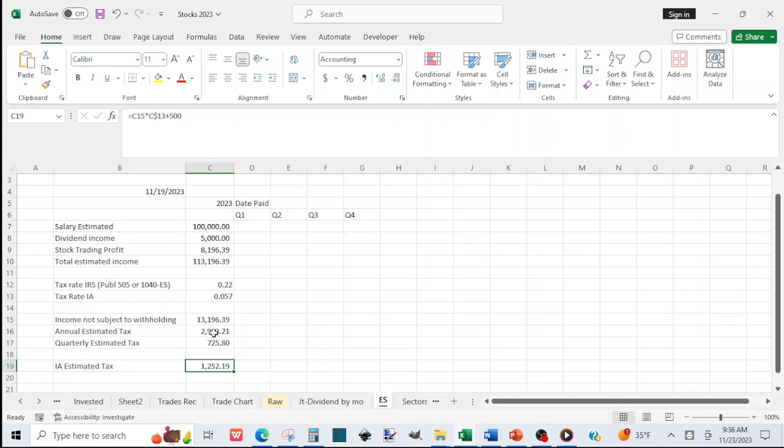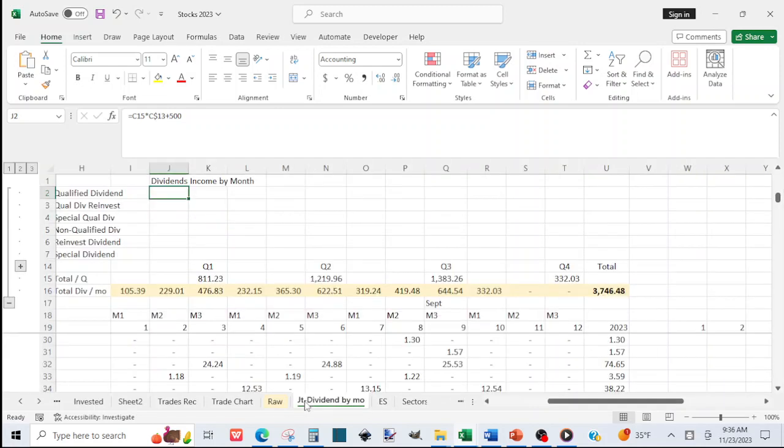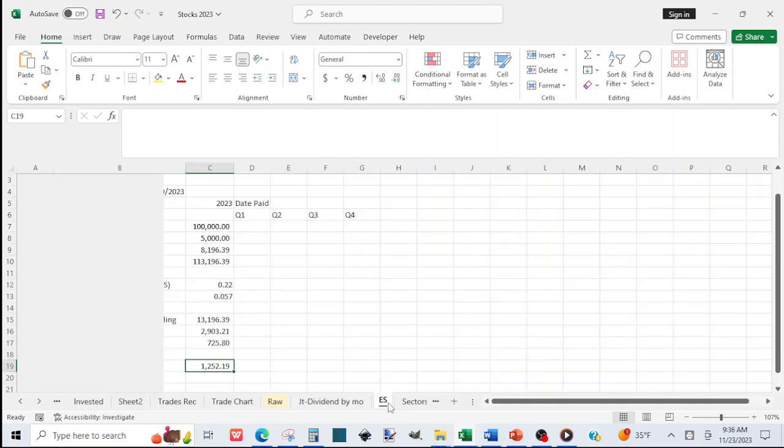Therefore, we may not need to make an estimated tax payment to the IRS, but we need to make an estimated tax payment to the state. But yeah, those are the reasons why you should track your dividend income,